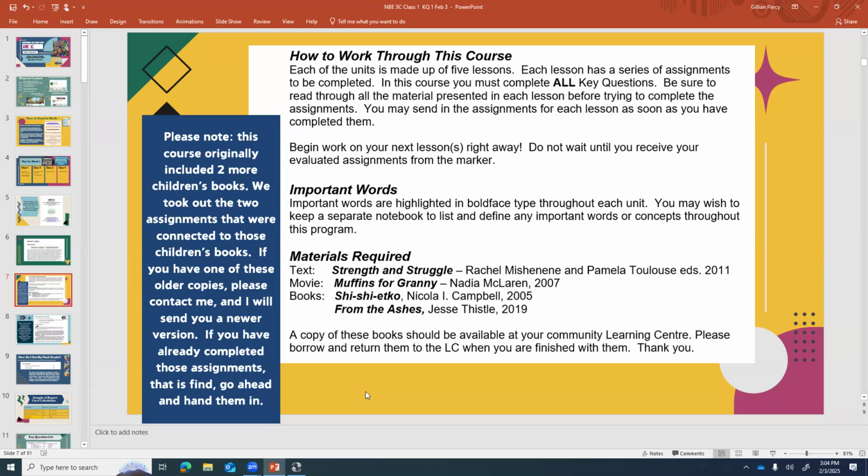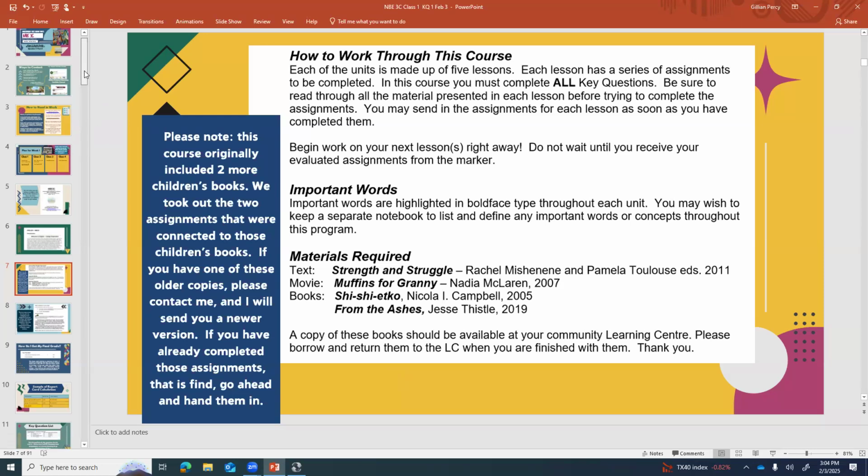If you don't personally have a copy of these, we should send them to you. Often the Community Learning Center will have them. Once you're finished with them, if you could return them to the Learning Center, that would be awesome, because they are quite expensive and it's easier for us to keep a little stash there than to send them up to every single student, okay?